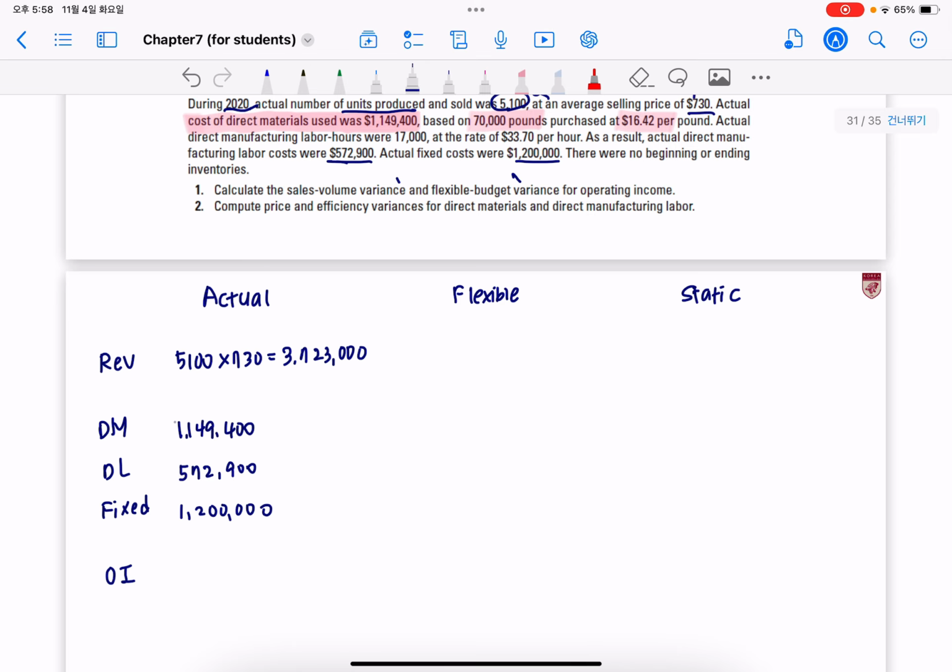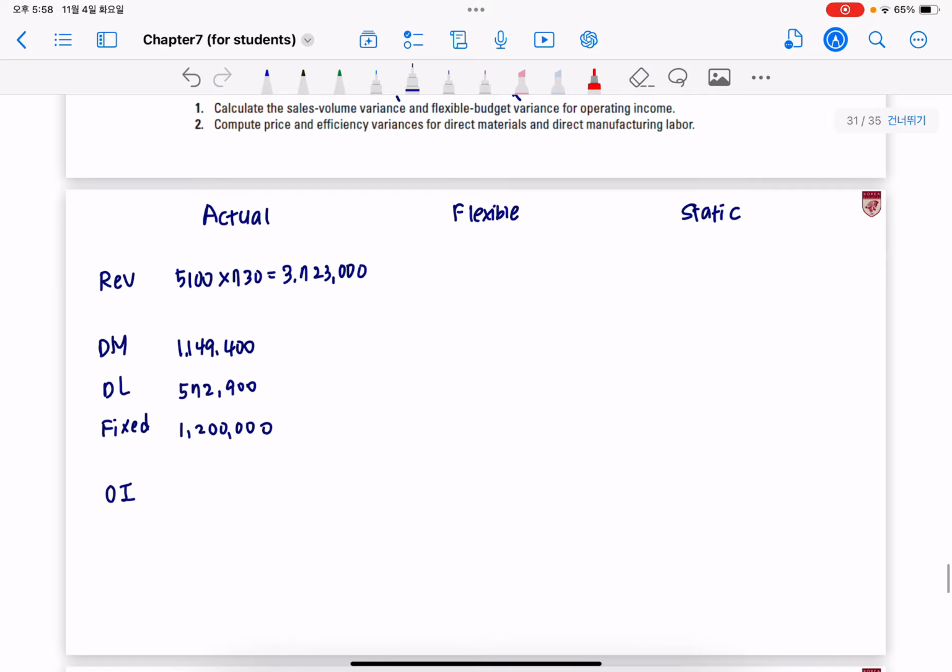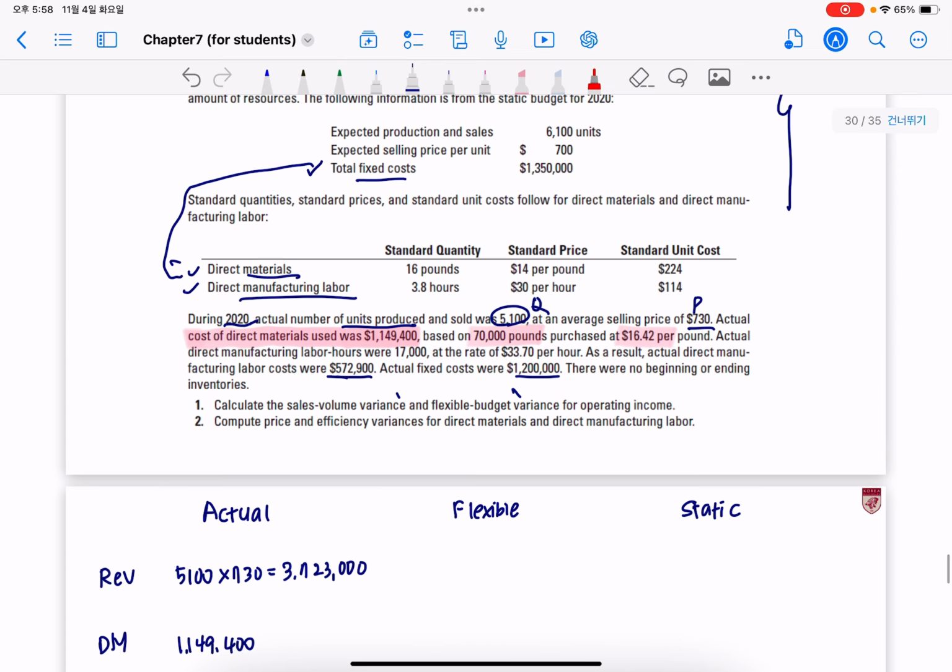Okay, now let us deduct all these costs from the revenue. All right, so now we're going to have $800,700 as our OI. Before jumping into the flexible budget amount, let us do the static budget first because that's based on the budgeted number. Okay, so the budgeted Q is given as 6,100